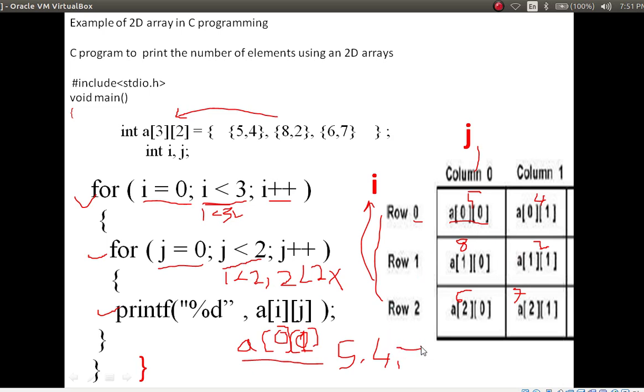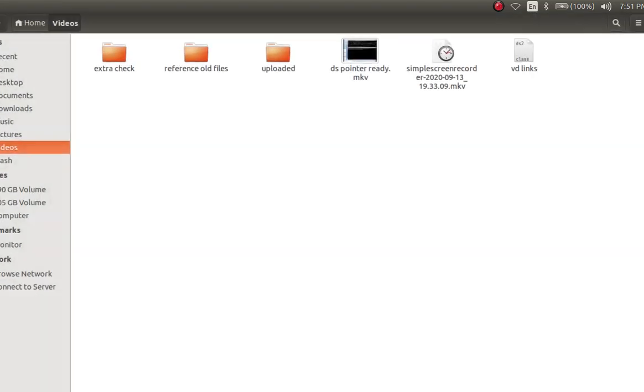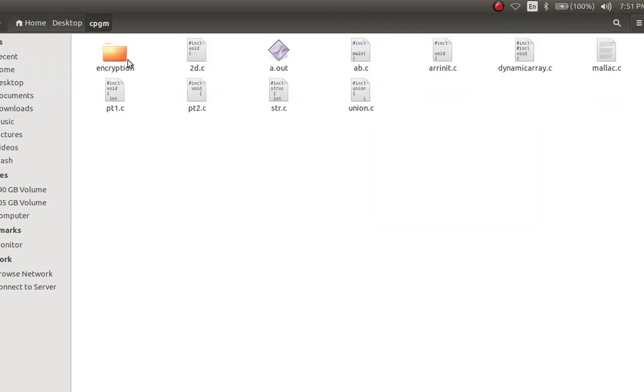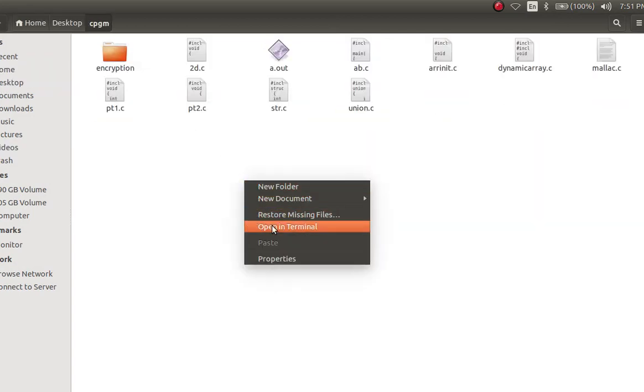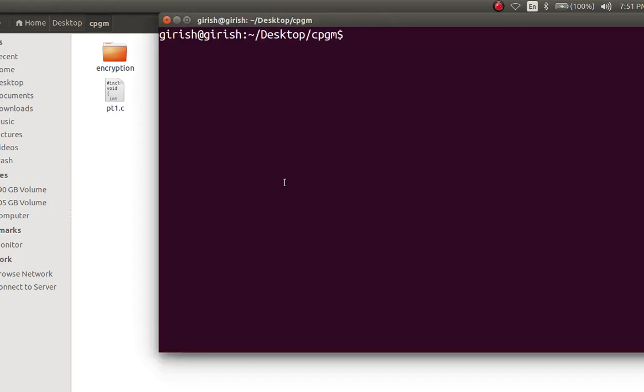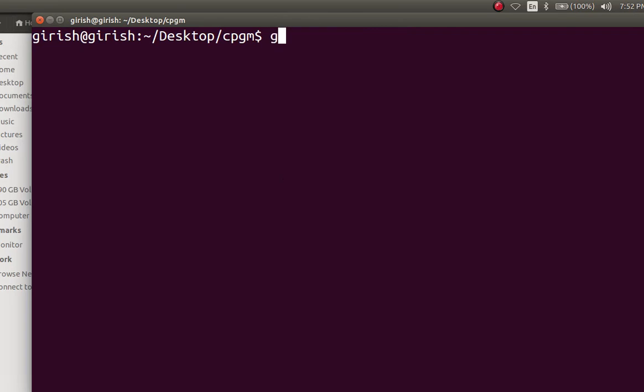Let's see this example in our program. Compile: gcc 2d.c.